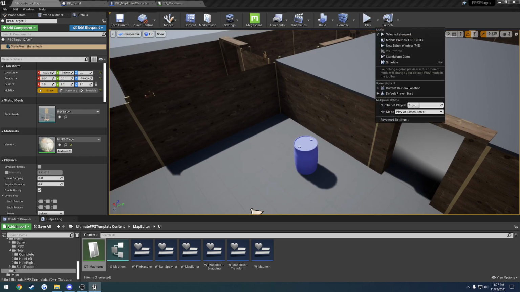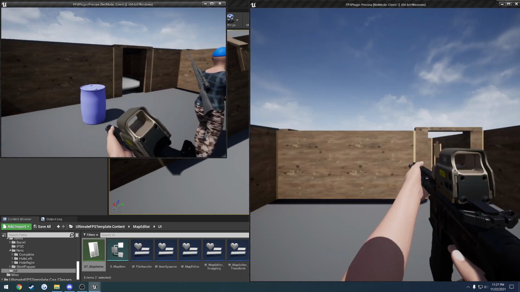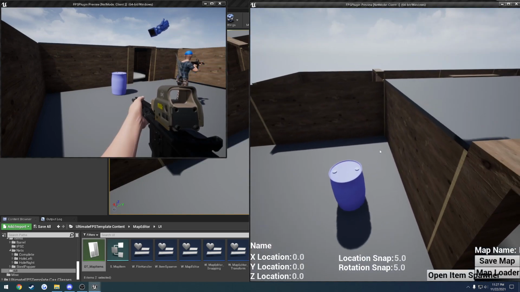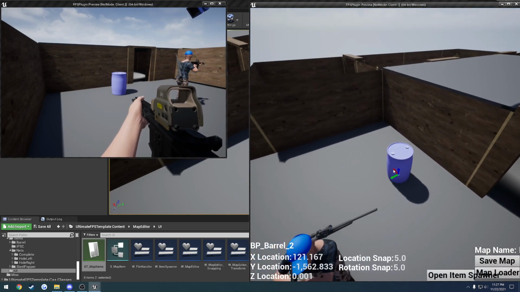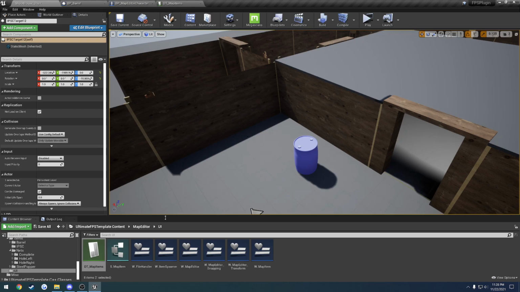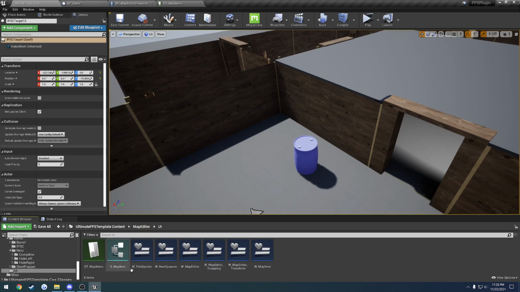So I'm going to play with 2 players and I'm going to do them as clients. So this client, I'll just look at the barrel. And this guy, I'll go into the map editor. If I move this guy around, as you can see, it is not replicating. So one thing you want to also be sure of if you want to use this for multiplayer is, let's